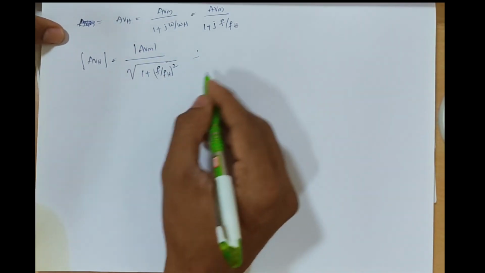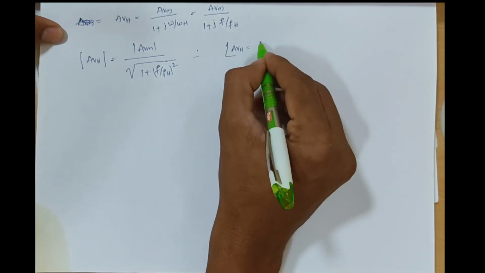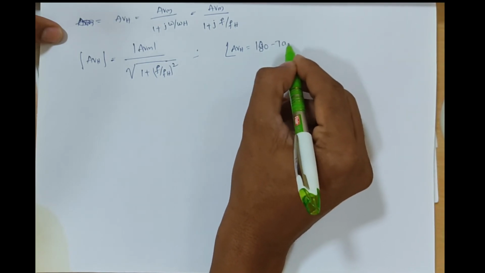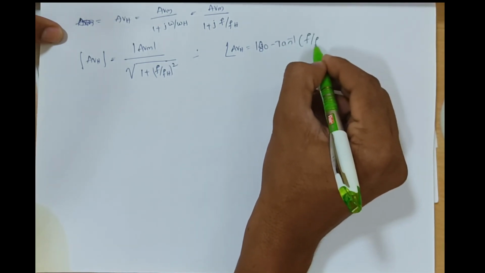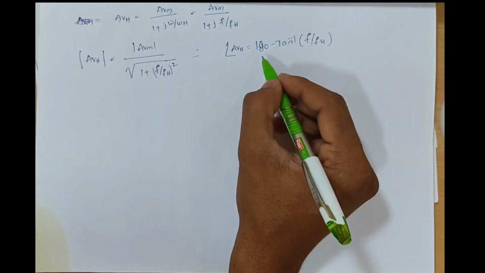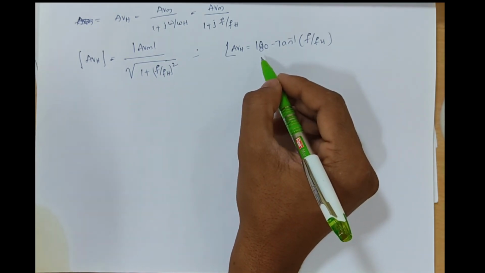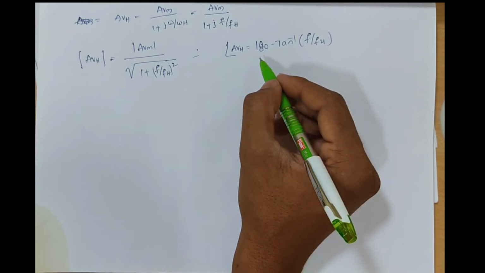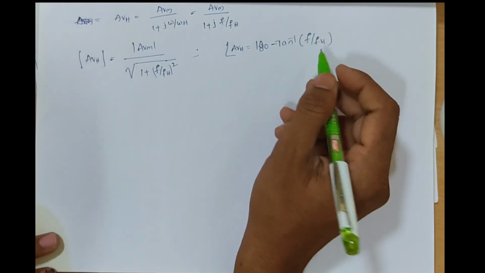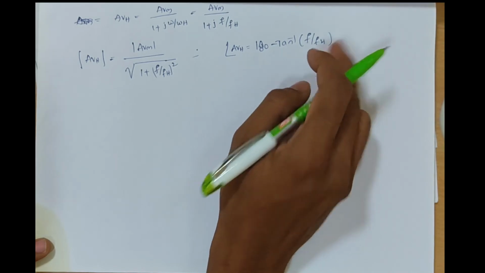So here we can write the phase shift: AVH equals AVM, which provides 180 degrees of phase shift, minus tan inverse of f by fh. Yes or no? Here 180 degrees indicates that the CE amplifier itself offers 180 degrees of phase shift. Otherwise, you can say that AVM contains the negative sign, and the negative sign indicates the 180 degrees of phase shift. And here it is minus tan inverse of f by fh. This is the phase shift offered at the high frequency.